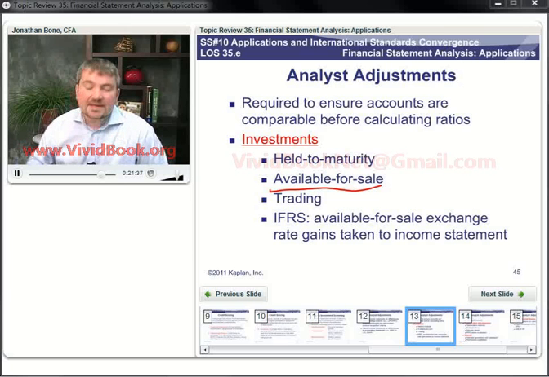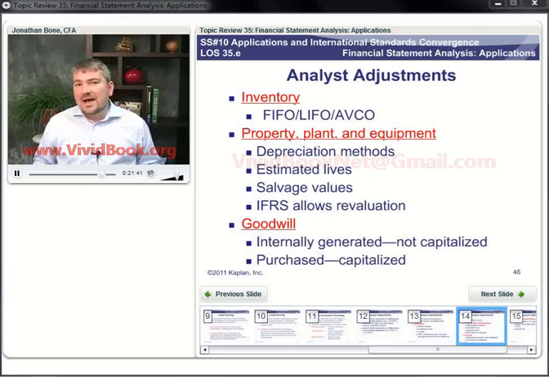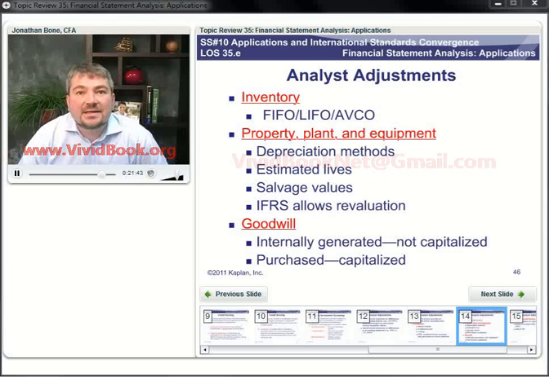Inventory methods, well, we know the classics here. Under US GAAP, you can use FIFO, LIFO, AVCO. Under international accounting standards, of course, just FIFO or AVCO. So whether you're looking at comparing domestic companies or companies internationally, you need to make sure that they've used consistent inventory valuation methods. Plant, property and equipment, depreciation methods, accelerated or straight line, but then we also need to look